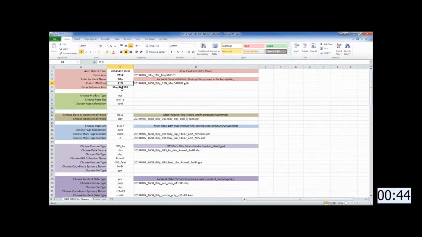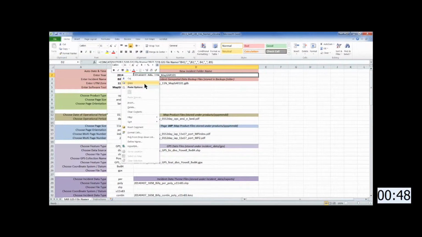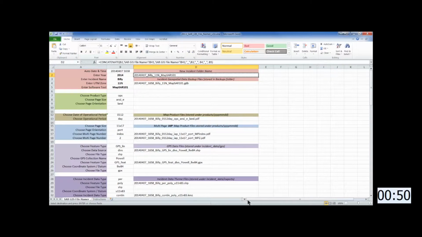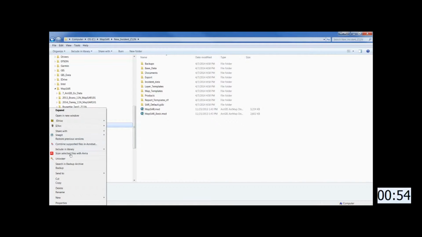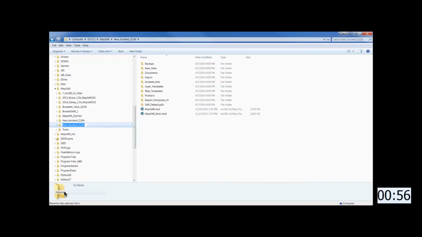In this case it will be BillySAR, and make sure your zone is correct, and we'll be working with ArcGIS 10.1, and so that's all in the file name. And we rename the folder, paste it in,